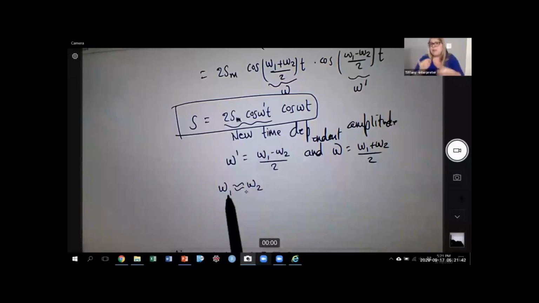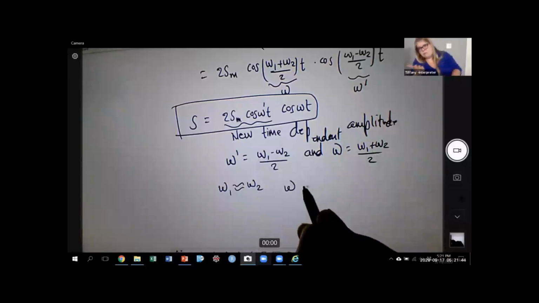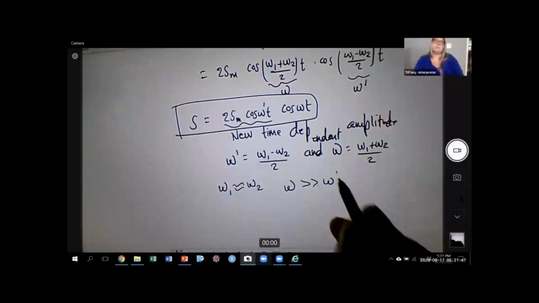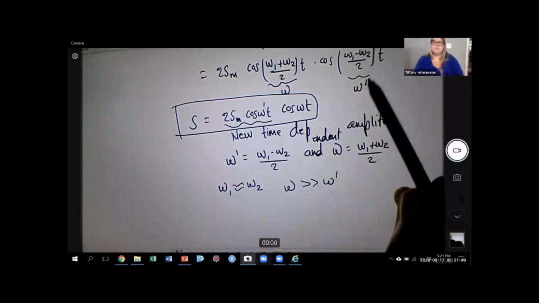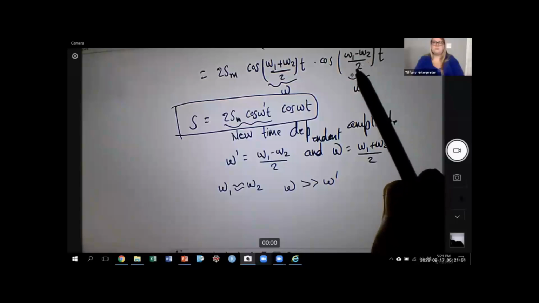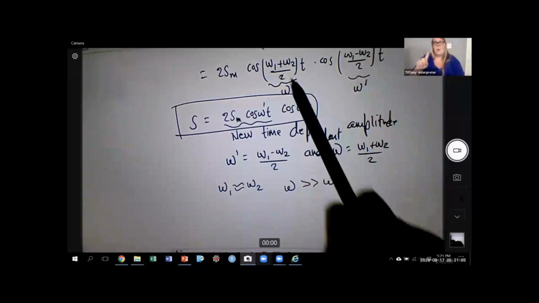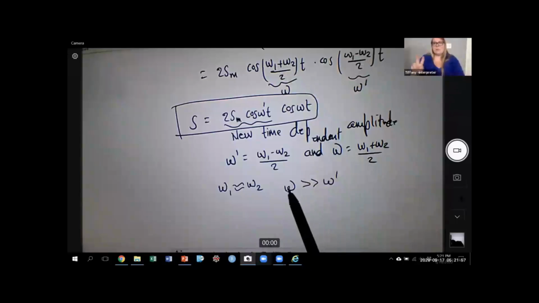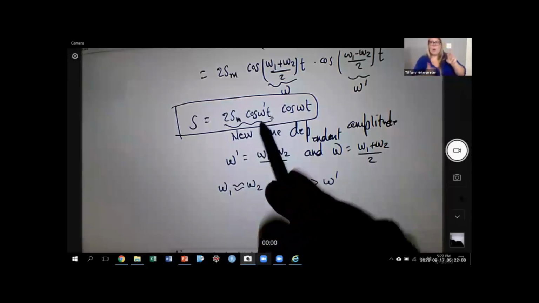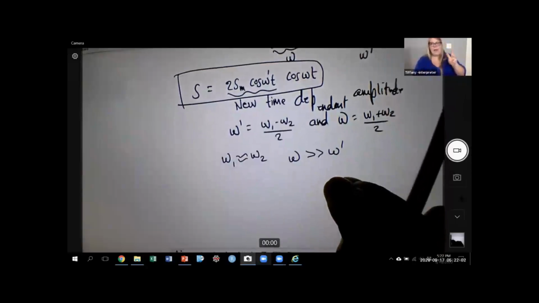Since they are almost equal, you can say omega is much, much bigger than omega prime, because omega prime is (omega 1 minus omega 2)/2, while omega is an addition, right? So then if you plot this,